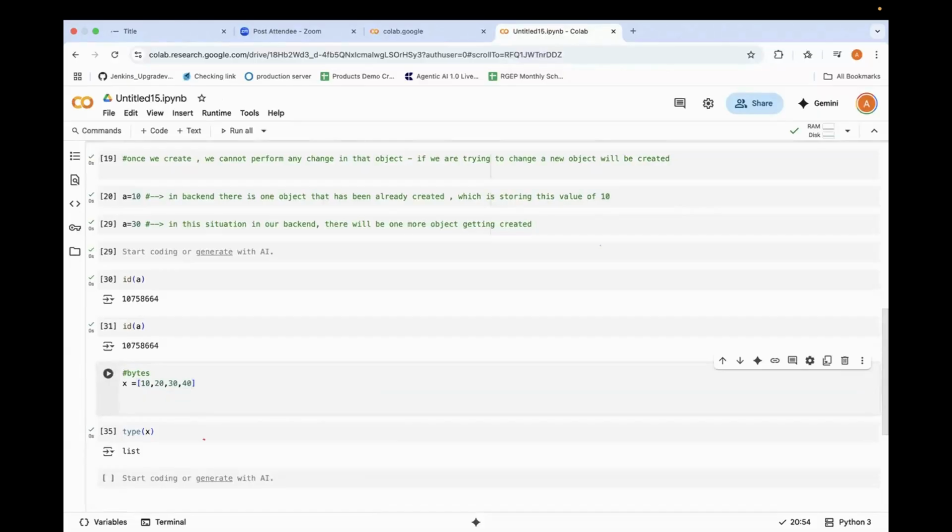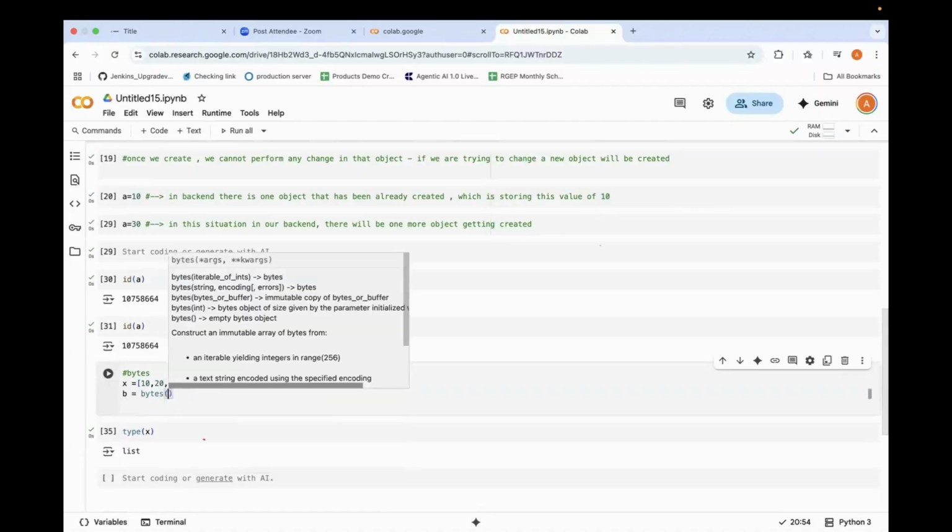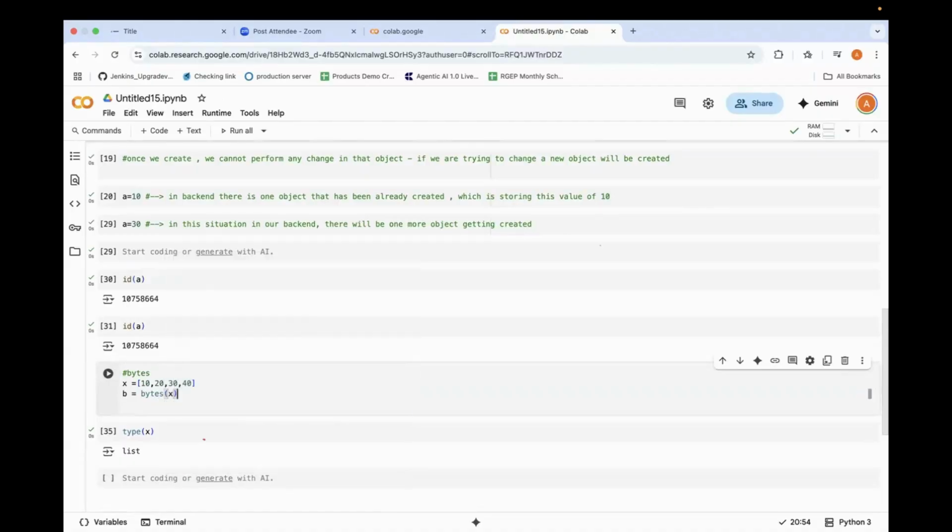Now, how to see this in bytes? B equals to, I need to call my bytes variable and send this x. Now x holds 10, 20, 30, 40 in list format. I want it in bytes format, so I put that x in bytes and store it in variable B. Now if I execute and check type of B, I'll get bytes.